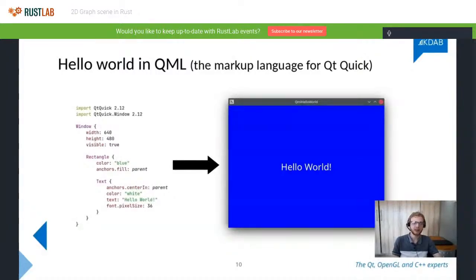Okay, so technically I said it's in QML. If you've ever heard of QML or Qt Quick, you'd probably think these two things are synonyms. It's not entirely true. QML is technically the language that you see here on the left-hand side, this JSON-like language which allows you to, in a declarative way, say how your GUI should look. So for instance, here you've got your rectangle and then you've got your text, and QML has this concept of bindings. Here, for instance, you say that this thing should fill its entire parent, and this thing should be centered in its parent.